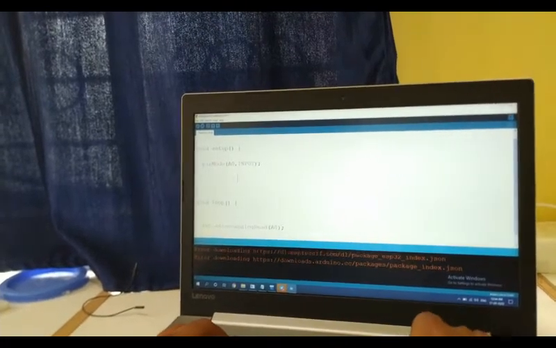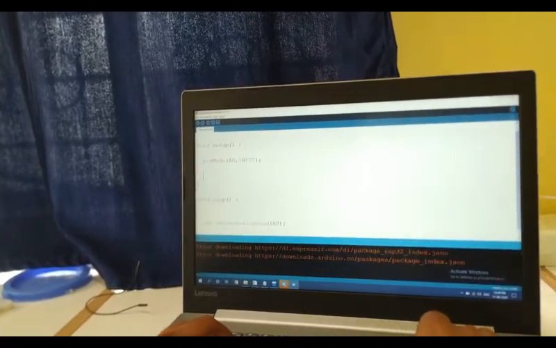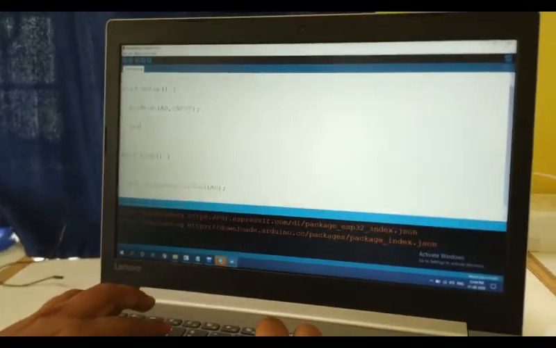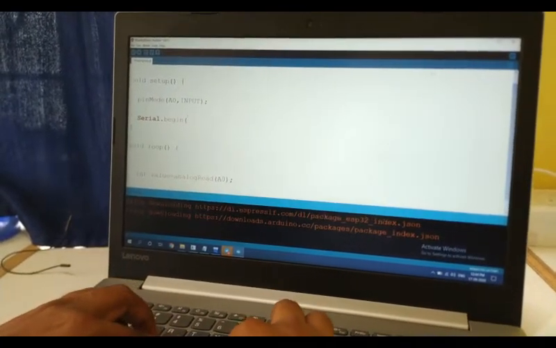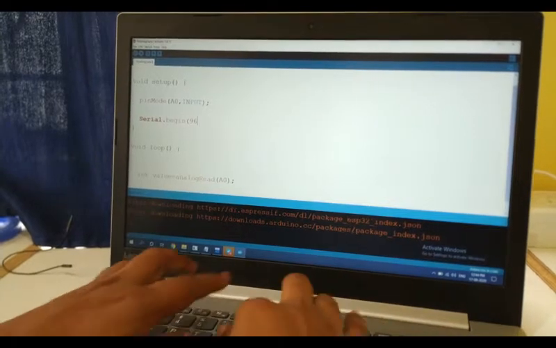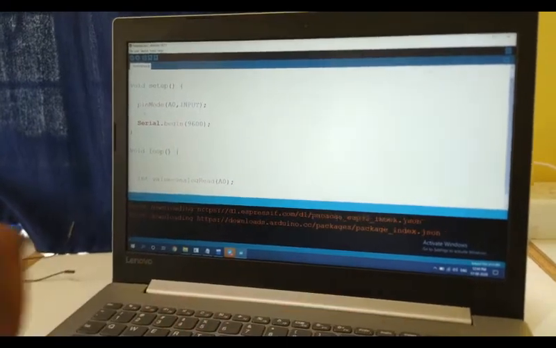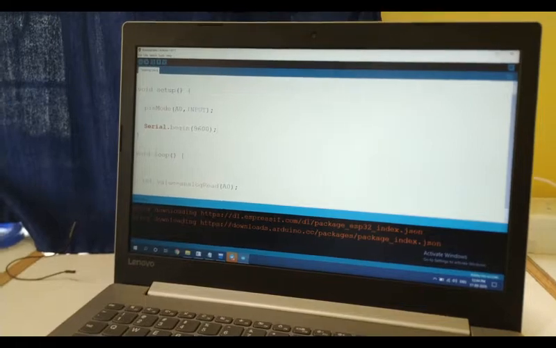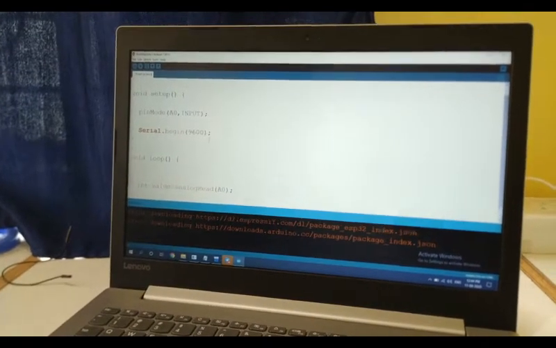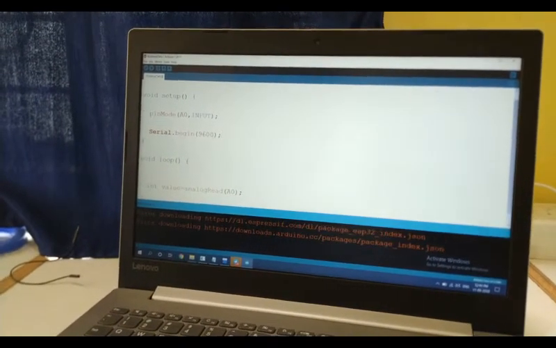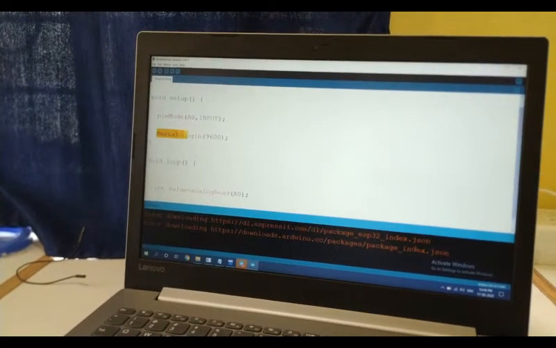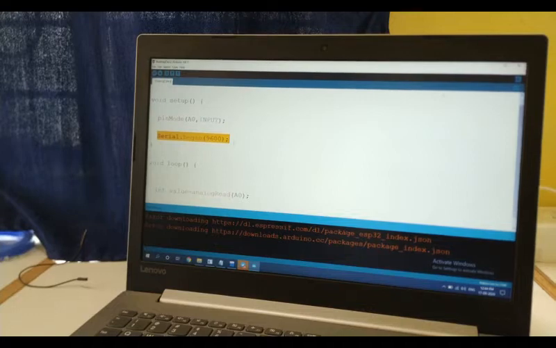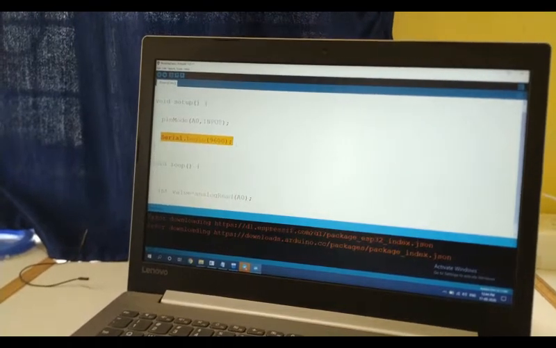In the setup only I will write Serial.begin, and within begin you have to mention the baud rate. Baud rate is nothing but the frequency of the board. Since I am using Arduino Uno, 9600 is the baud rate of Uno board. That's why I have used 9600 in the begin function. What it does, it enables communication between my program and serial monitor.